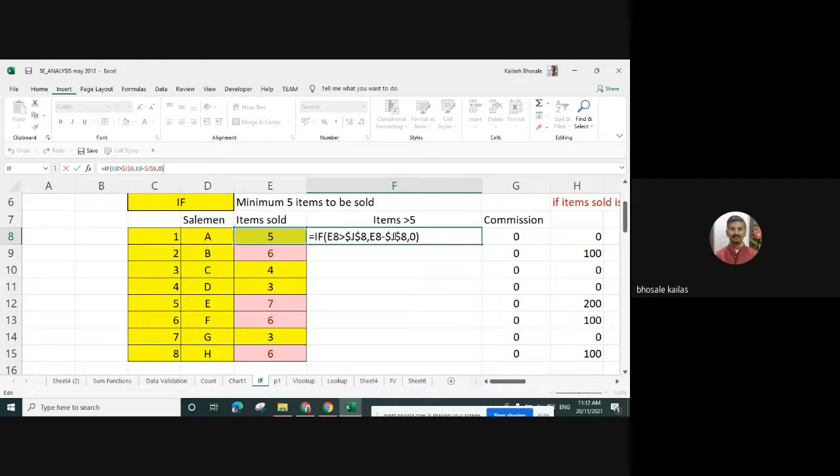So either you can lock the column, or you can lock the row, or you can lock both row and column. तुम्ही एक तर column lock करू शकता किंवा row lock करू शकता. J is the column, and 8 is the row number. So either I can lock the column, or the row, or both of them, row and column आपण लॉक करू शकतो. So for locking purpose we are using the dollar sign. इथे दिसतंय तुम्हाला. The formula we are using is this J8 and then finally 0.